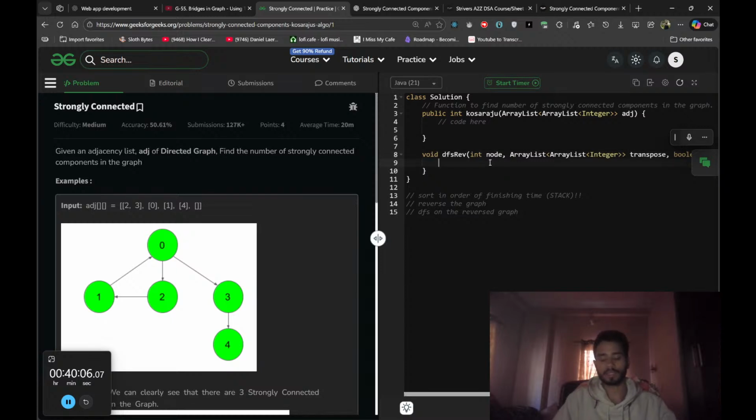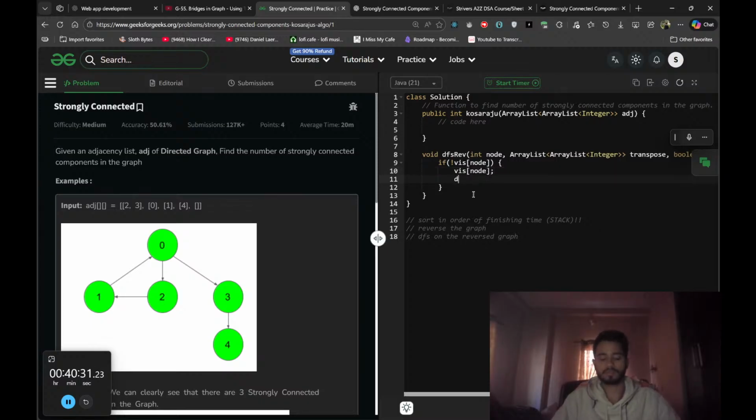If visited of node is false, if it's not visited, then do one thing. Mark it as visited because it's gonna get a DFS, and then call DFS on it, wherein